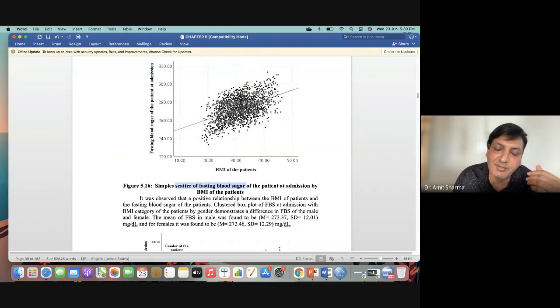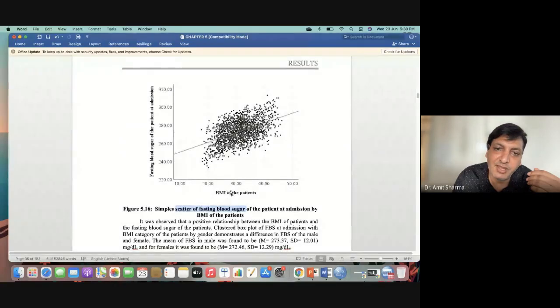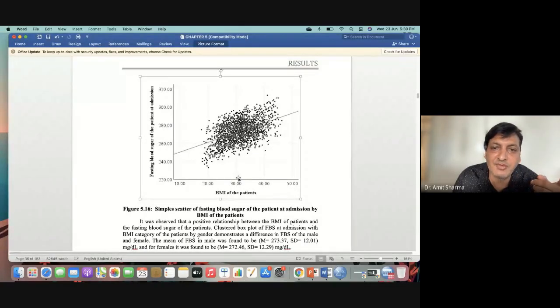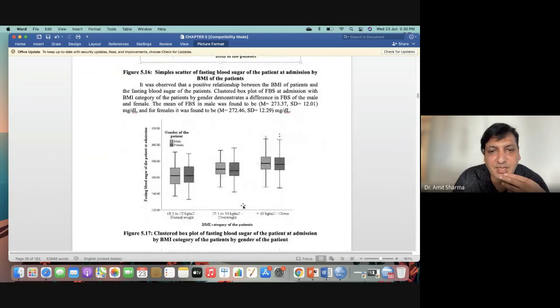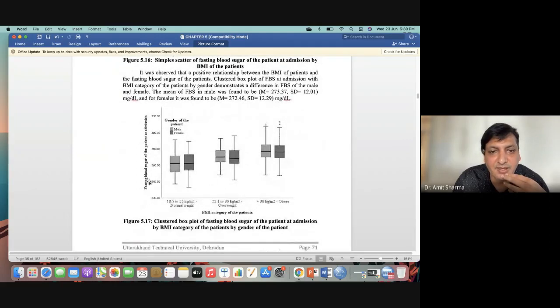So to make a scatter plot, the data of BMI which I have used, which is given in the form of number, we cannot use the category of BMI which we have made afterwards. So both variables will be used in the research, where you have entered the data in terms of number, as well as you have binned the data in terms of category. So category where I have used here, you can see the fasting blood sugar of the patient and three different categories, and this is a